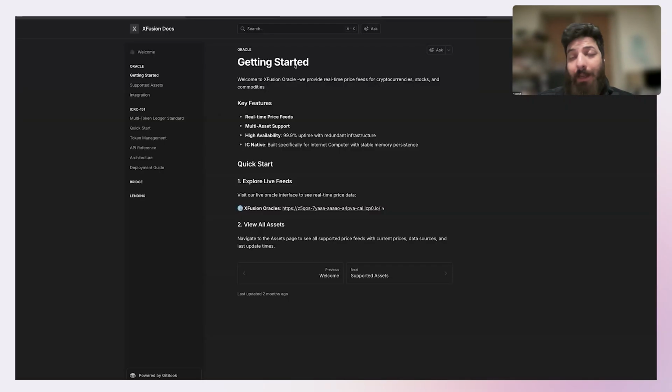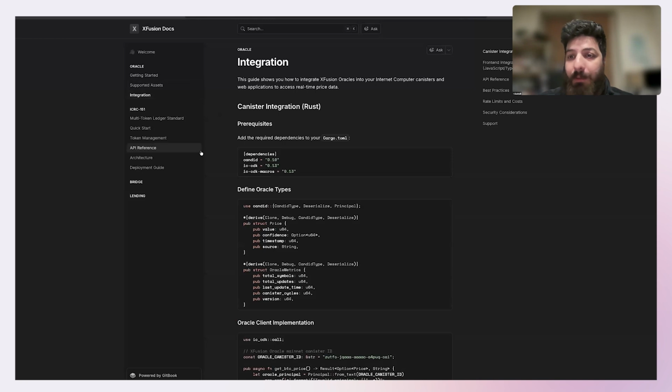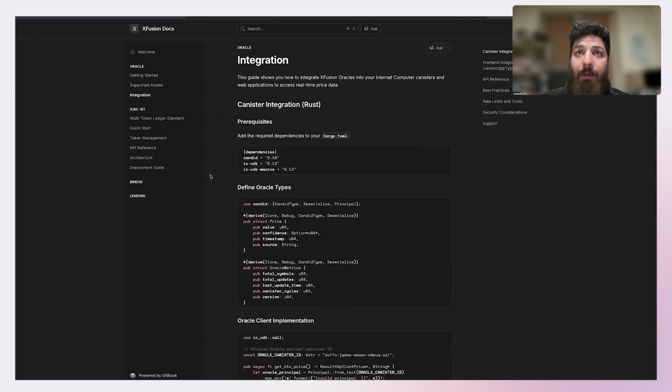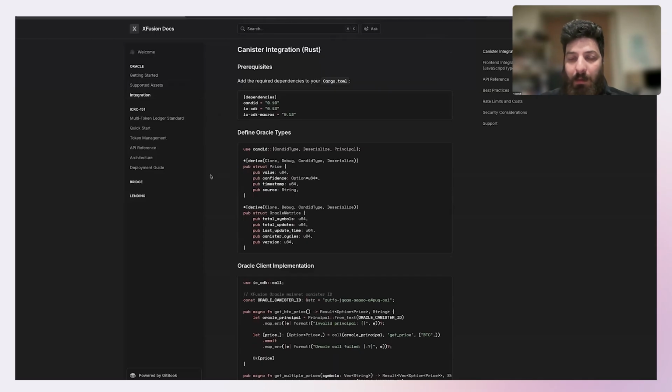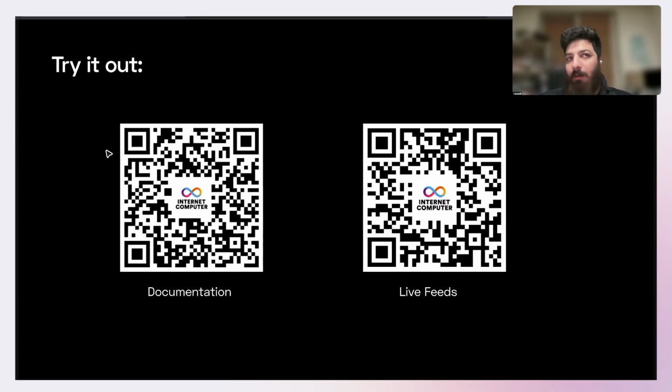It's also not open source, but it's free to integrate. We are allowing anyone to come and integrate with our oracles. And currently we have around 64 price points, but we can add additional ones on demand. You can also see the documentation of xFusion oracles and see the live feeds, and all that lives again on Internet Computer. We're using stable structures. Nothing is erased at any point in time,